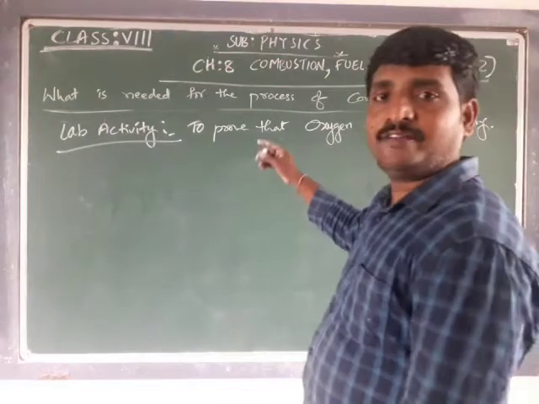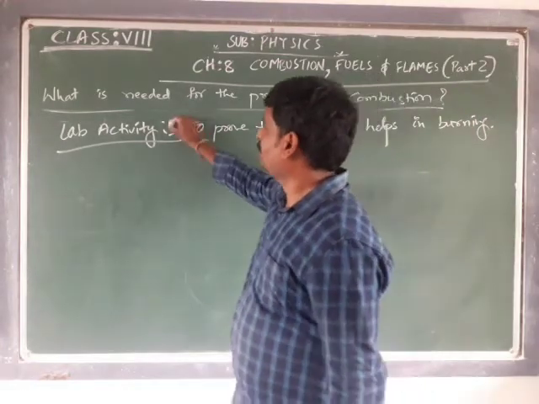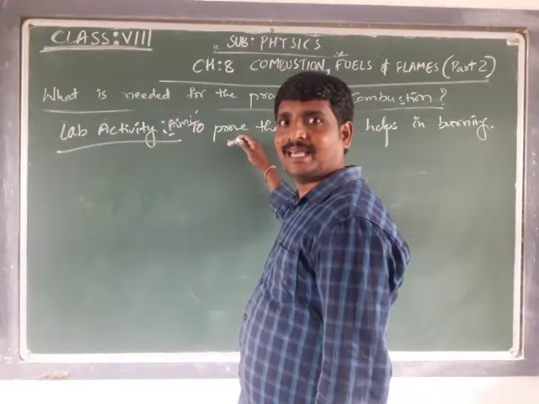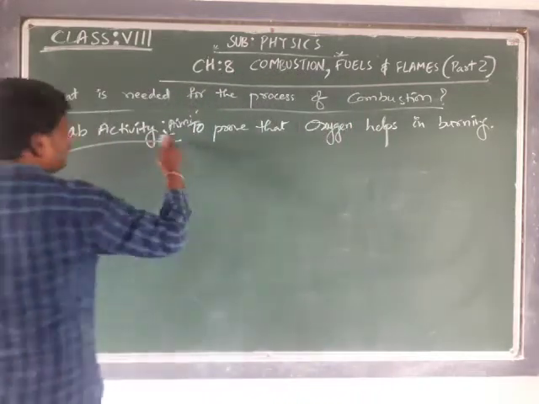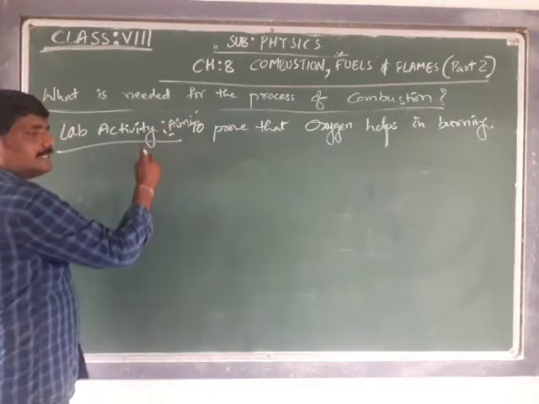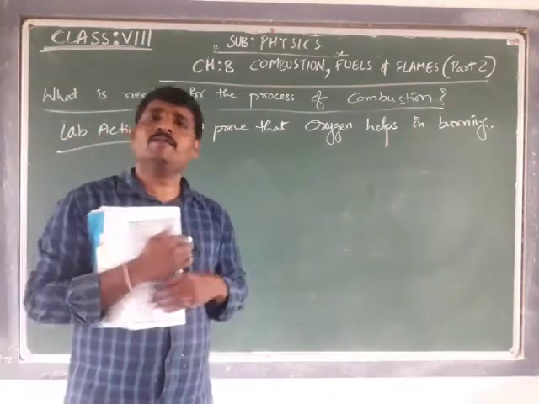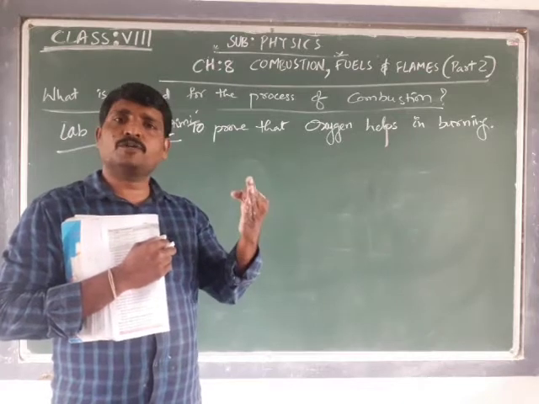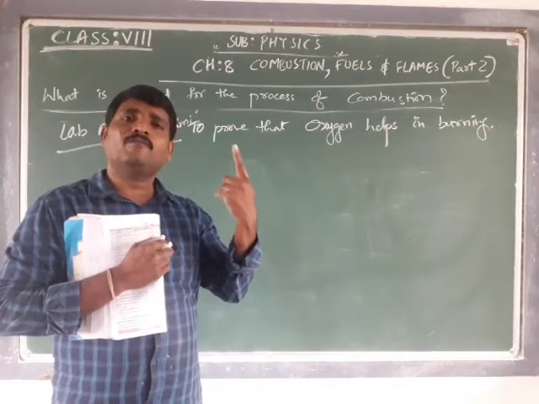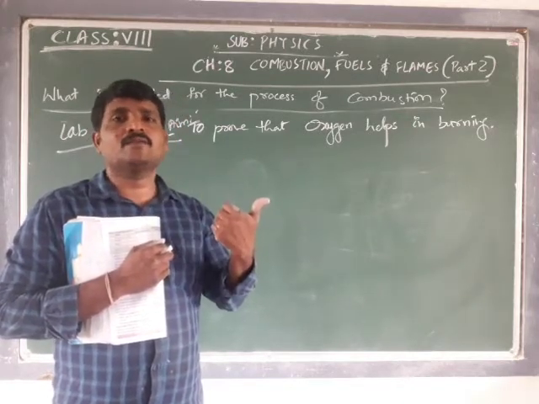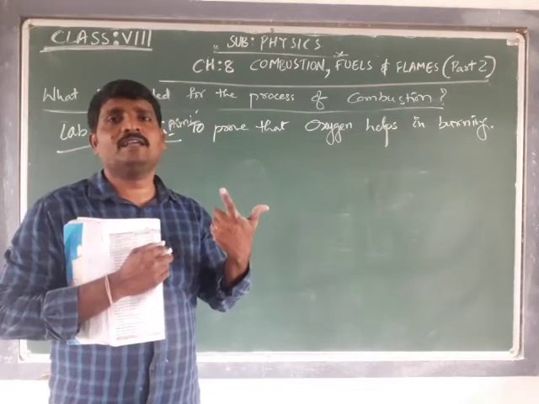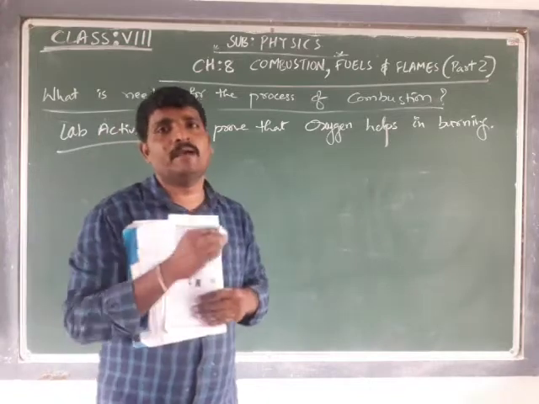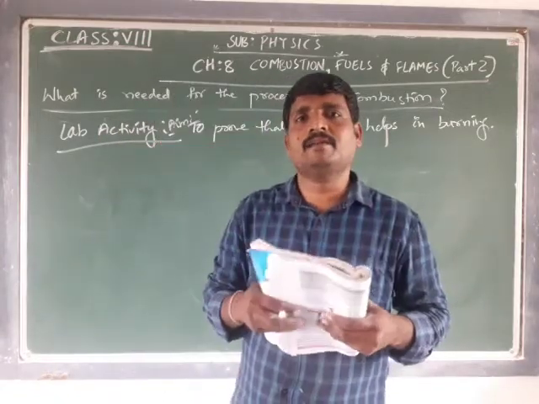Every time you write a lab activity, it should start with headings. Whenever we write any lab activity, it consists of a minimum of five headings: the aim of the activity, the materials required, the procedure that we are going to perform, our observation, and our conclusion, that is, based on our observation, what we conclude at the final stage. Okay, these are the five headings you have to keep in mind while writing a lab activity.